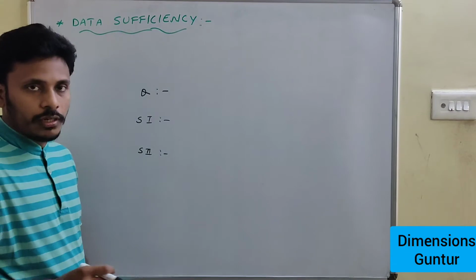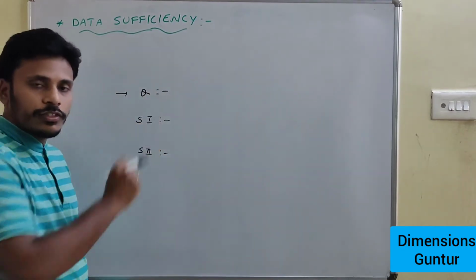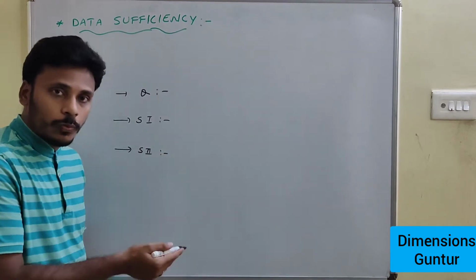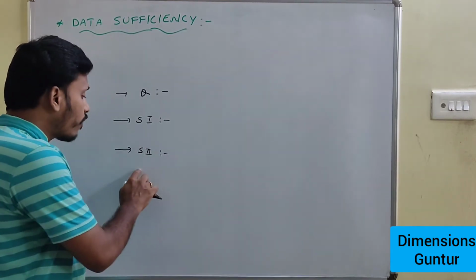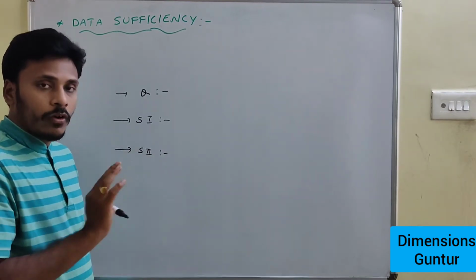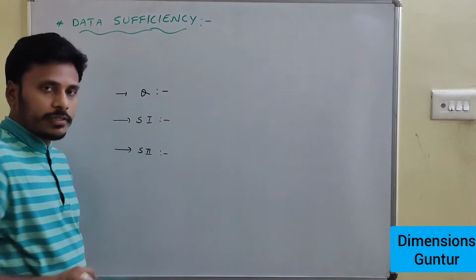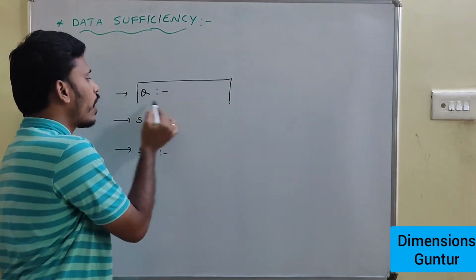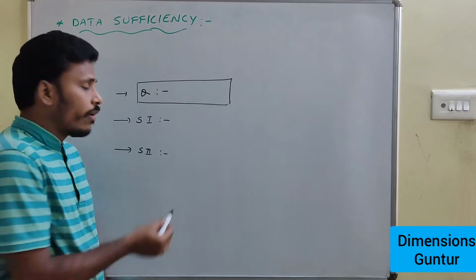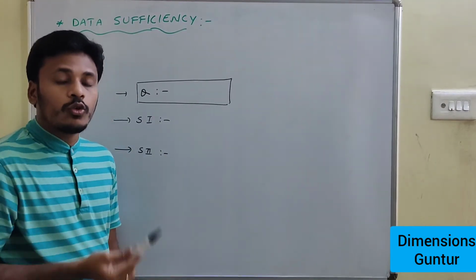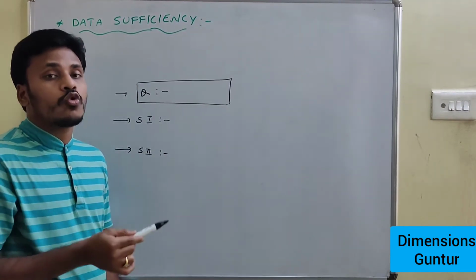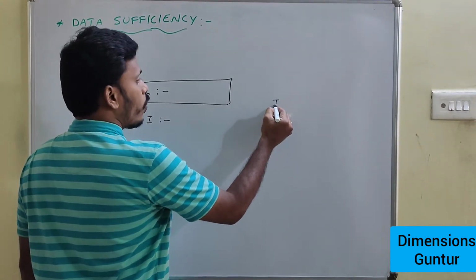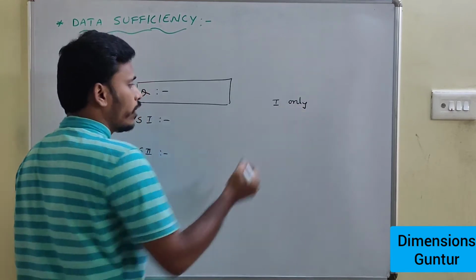For each and every question, there is one part which is the question, and the other part is statement 1, and another part is statement 2. There are some special questions where we will have statement 3 also. In most of the cases we have these three parts, and here our intention is to answer this question. To answer this question, we need to check which statement is sufficient to answer the question. So we will have different options related to the examination, and one option is statement 1 only.